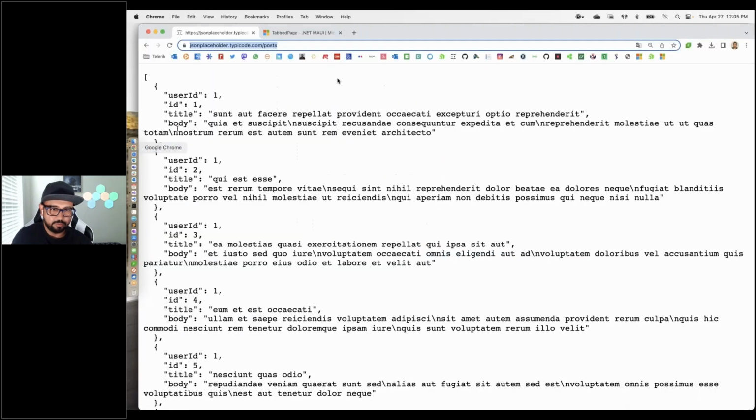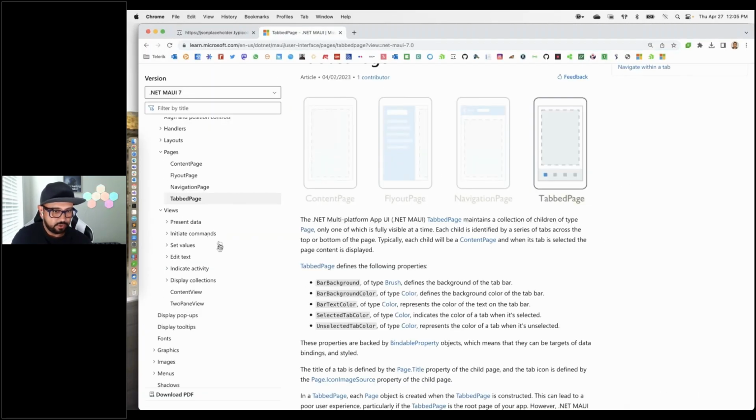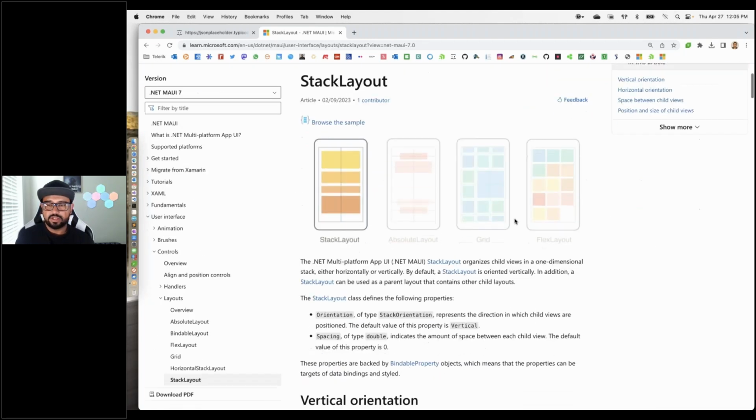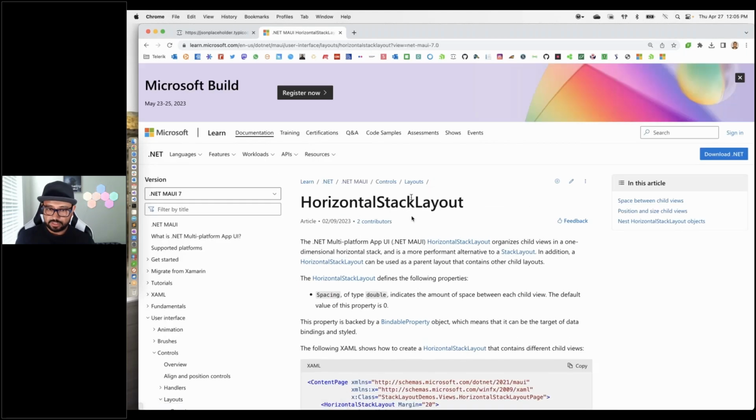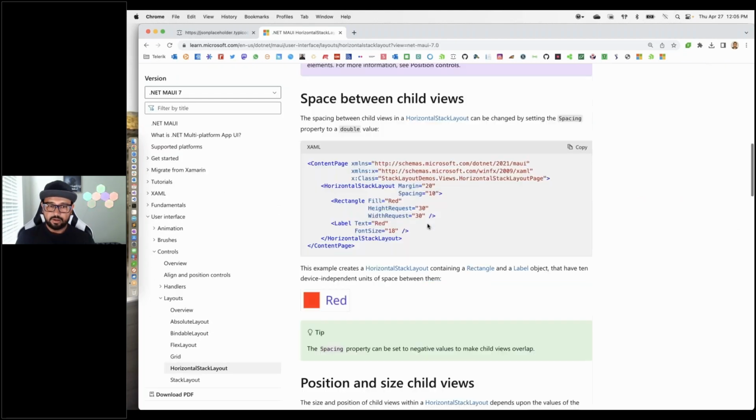So if I go back to the code base here, I think it was in the layouts, right? Stack layout. Okay, so this stack layout is how you stack things in your visual UI tree, right? That's how you stack them either vertically or horizontally, and then you have width and dimensions, and then it kind of floats and wraps around and so on. So this stack layout is a thing that Xamarin Forms used to have, right? And you can still use it, but you're actually suggested that you don't, because these two things are kind of new. So there is now a horizontal stack layout, right,